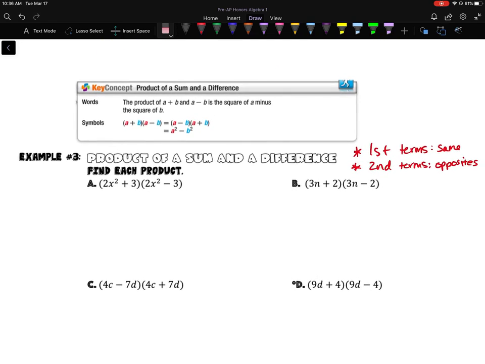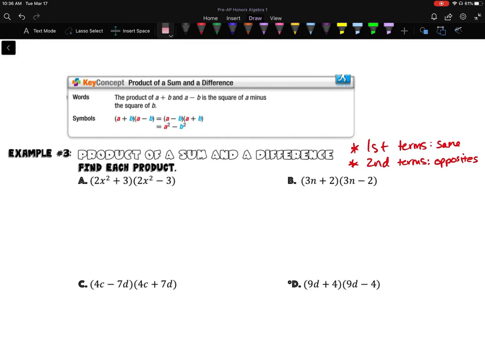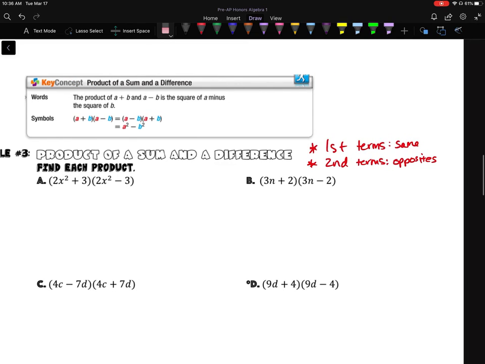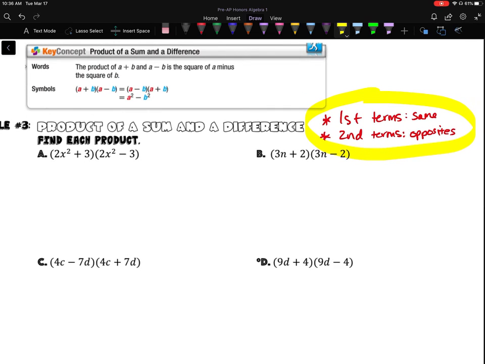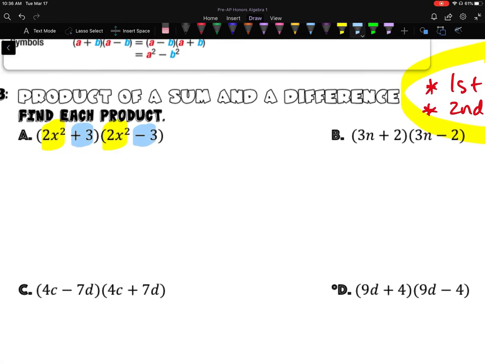All right, our third and final example is the product of a sum and a difference. This works out really nice as long as you have that scenario. Your first two terms have to be the exact same, so 2x squared is the same as 2x squared. And your second two terms have to be opposites, so positive 3 and negative 3. If I were to use the double